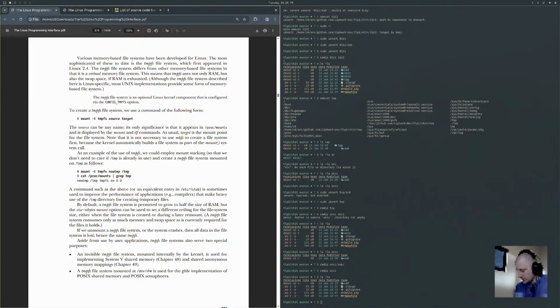As usual, target is the mount point for the file system. Note that it is not necessary to use mkfs to create a file system first, because the kernel automatically builds a file system as part of the mount system call. As an example of the use of tmpfs, we can employ mount stacking, so we don't need to care if /tmp is already in use, and create a tmpfs file system mounted on /tmp as follows.